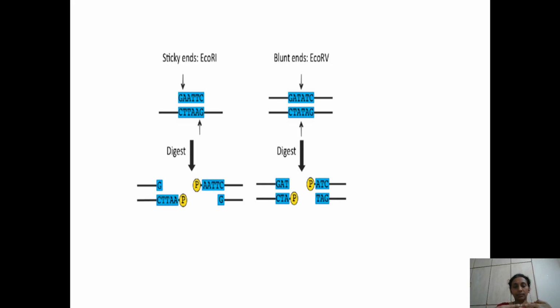these are blunt ends when joined together looks like this. Whereas sticky ends when joined together they look like this. So breaking of blunt ends is much easier when compared to breaking of sticky ends. This bonding is much stronger than this bonding. So sticky ends are mostly preferred in rDNA technology.